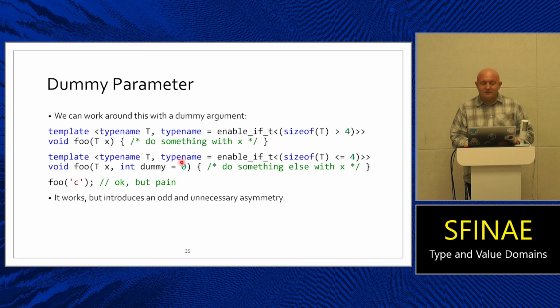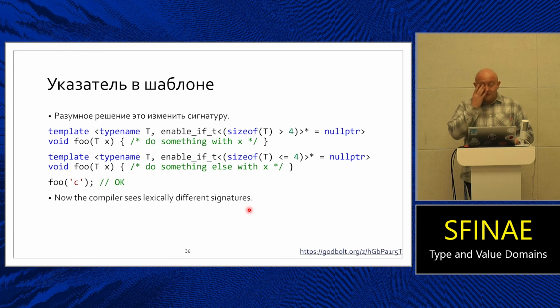And now the signatures differ and the code compiles and it works, but it is awkwardly asymmetric. Why here, not here, yes? And the overload has a meaningless parameter, the other doesn't, and this is really ugly. This is really bad. So we want something more clever, and the cleaner solution is to move the condition into